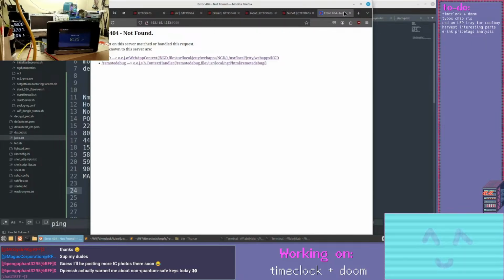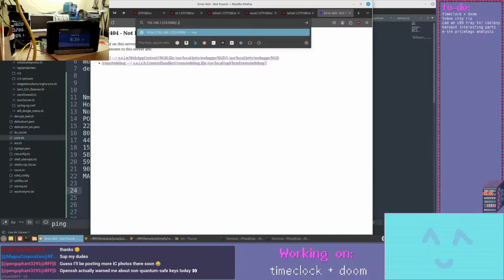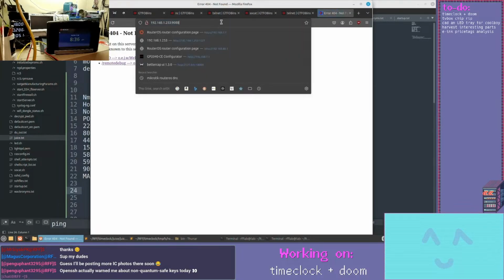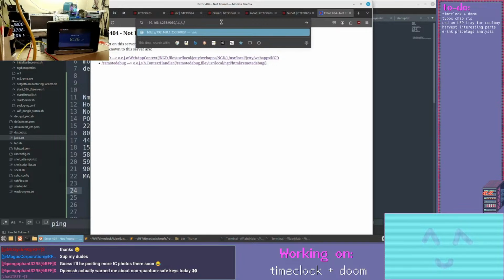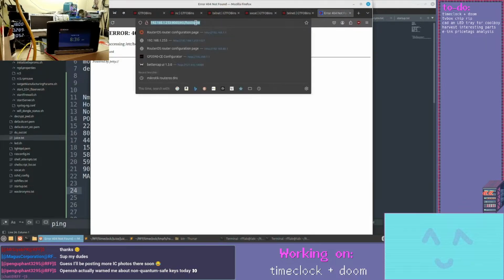I wonder if this one has a path traversal bug. Probably not. Oh, wow, look at that. Oh, no, that's just trying to look for it in the